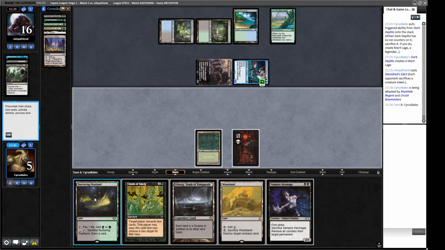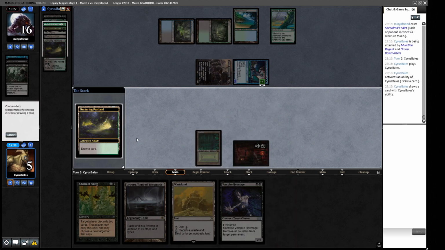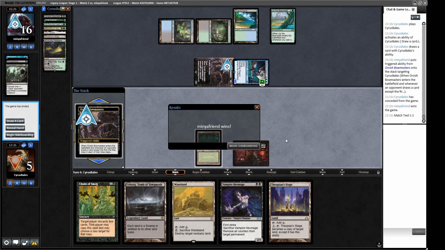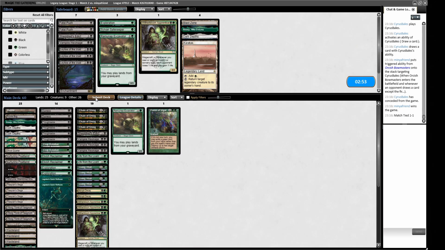If we crack the Peatland, they get to ping us with Bowmasters. A Thespian's Stage. No, that doesn't do it either. Yeah, we were just very outclassed in this matchup, really. Oh no, sorry, we still got one more game, haven't we? Alright. Let's just go back in. I think this is still fine. I still don't think we want the...